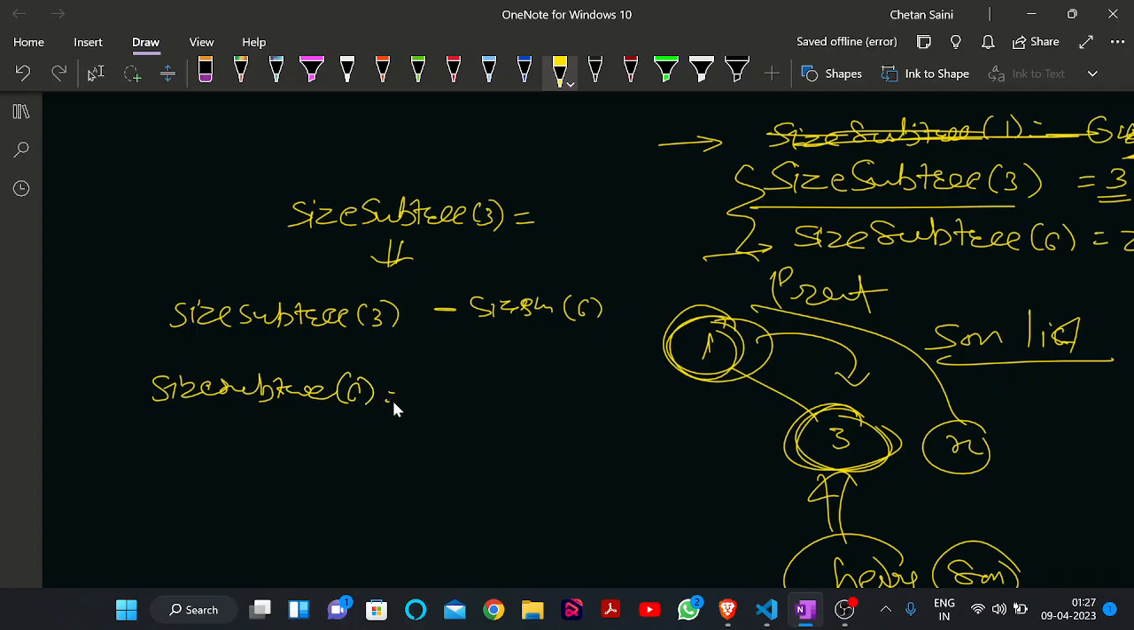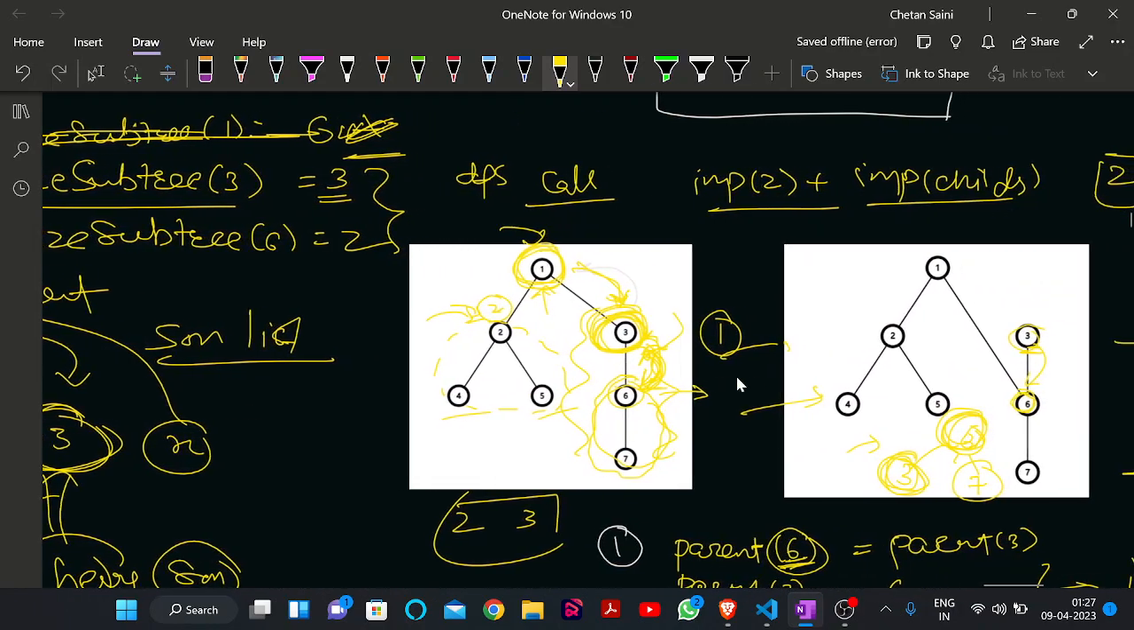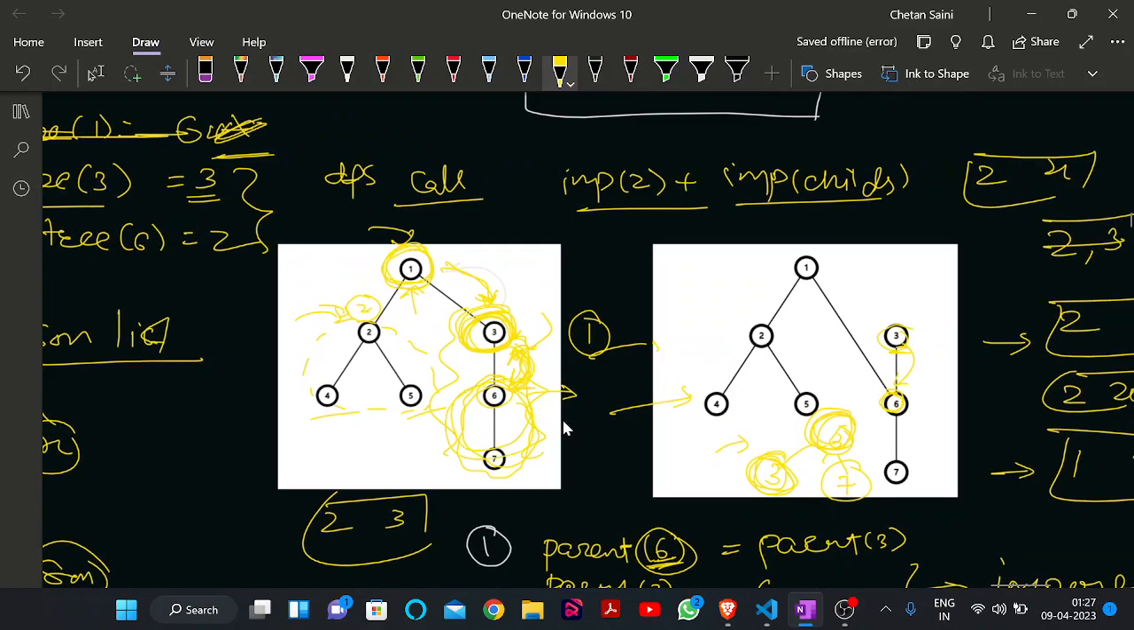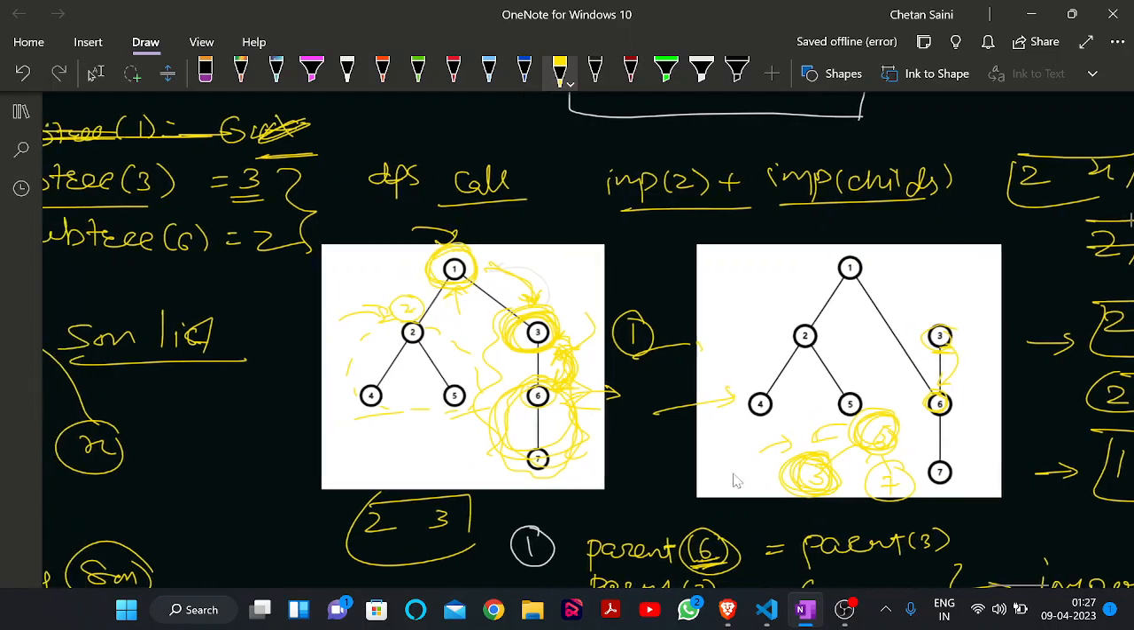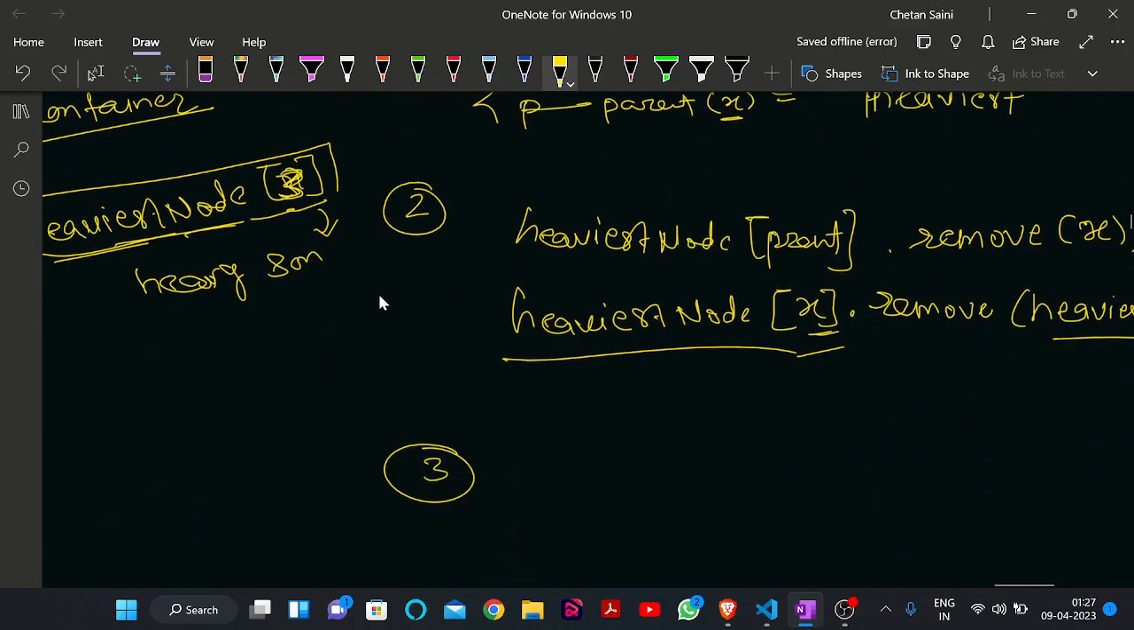of 6. This will be plus equal to size of subtree of 3, because as of now size of subtree of 6 is containing this one, but now 3 is also added here, so we are adding size of subtree of 3 also here. So this is the second change. Third change, so I can say that